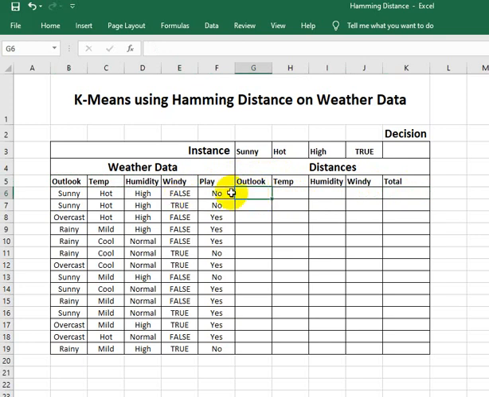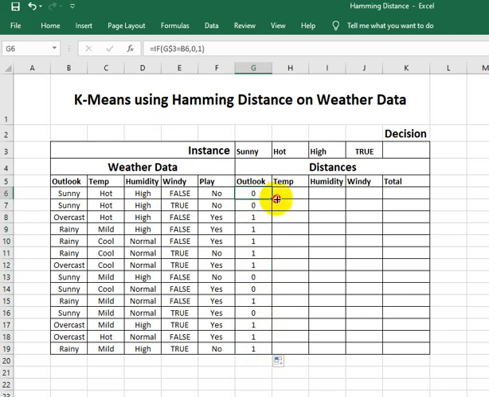In case of outlook, we will use the formula that if the instance is equal to the given dataset value, we will return 0, else we will return 1. And to fix this value, we will use the $ sign over here, and you can see that we got 1 when we have values different from sunny, and 0 when we have sunny.